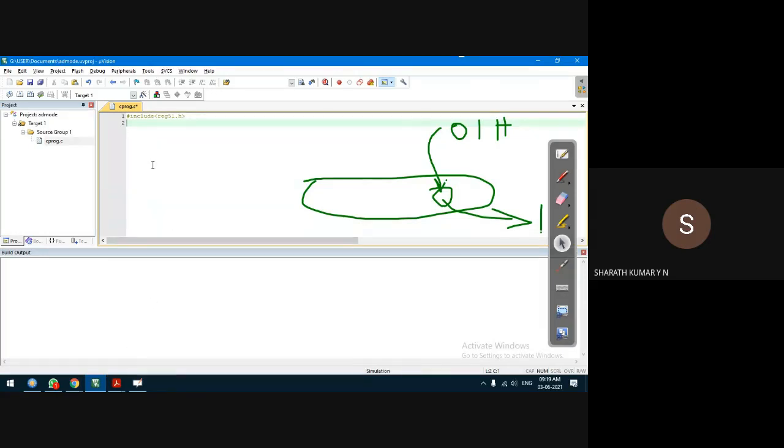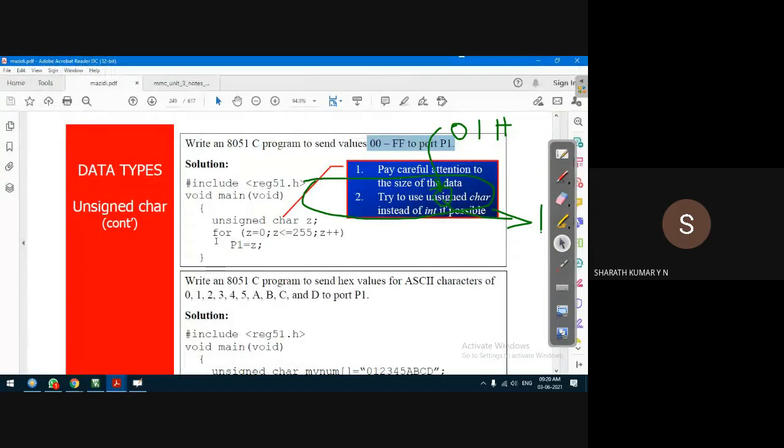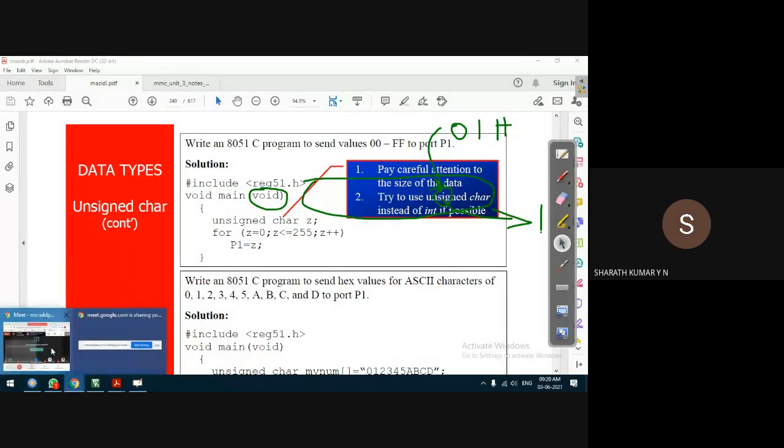Let us include main, because we know that all the C programs should start with the function main, because the compiler will always look for main in the program. Okay, guess what is main program? In this main function we have to include this. By the way, can somebody tell me what is a void, guys? What is a void in C language? Anybody from the class?